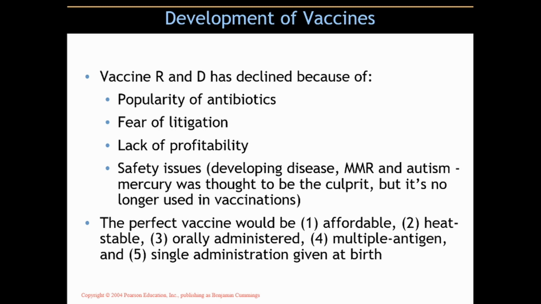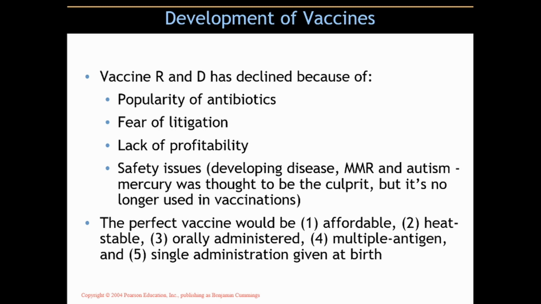Fear of litigation, and there is a serious fear of litigation. Many lawsuits, multi-million-dollar lawsuits, have come about as a result of poor vaccine development and research. People die in these, and they test these vaccines for so long, but yet still there are a few individuals that unfortunately develop some kind of problem, and it's usually due to their genetics. And so there are many ongoing, even now ongoing lawsuits against vaccines.